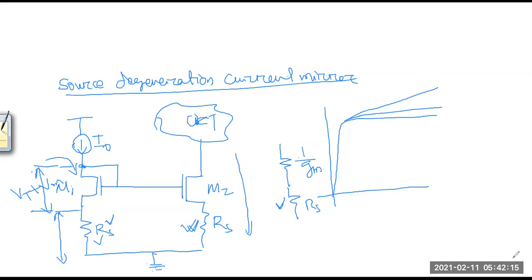So for that, we will go for the cascode current mirror. So understood this simple current mirror plus this? Okay, then the cascode current mirror. Now, I have already discussed the small signal analysis, everything. So directly we'll go for the cascode current mirror.